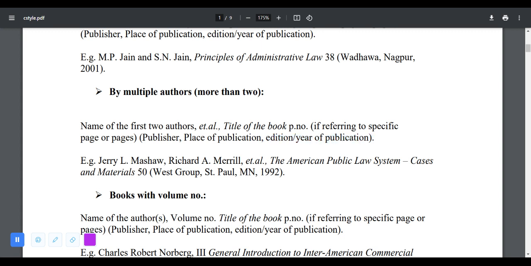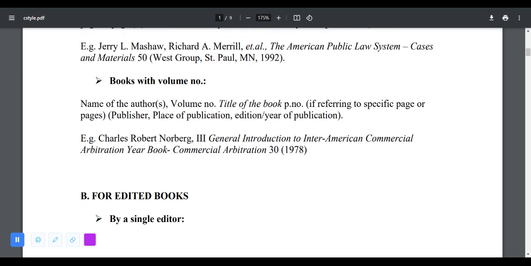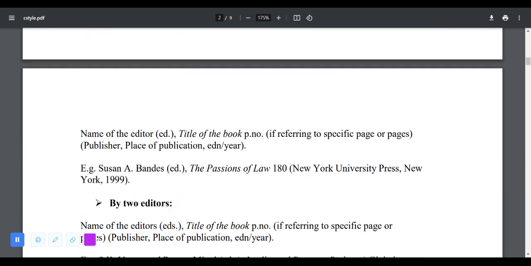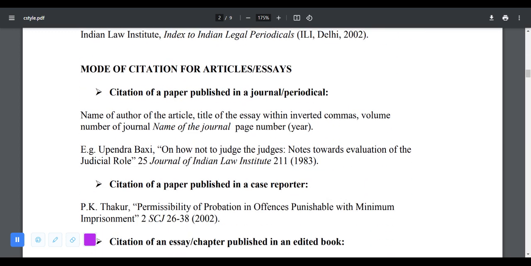Understood? Good. So these formats are for books. If you are writing an article and you find some of your sources are articles or essays,